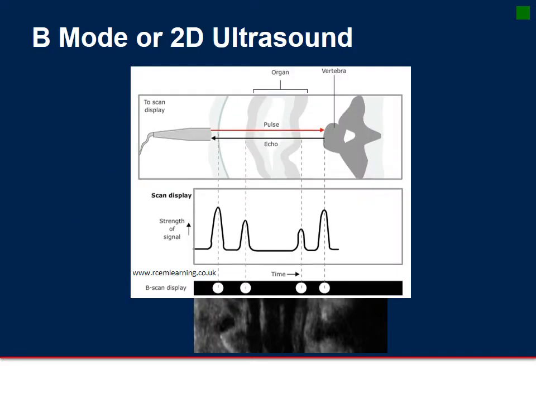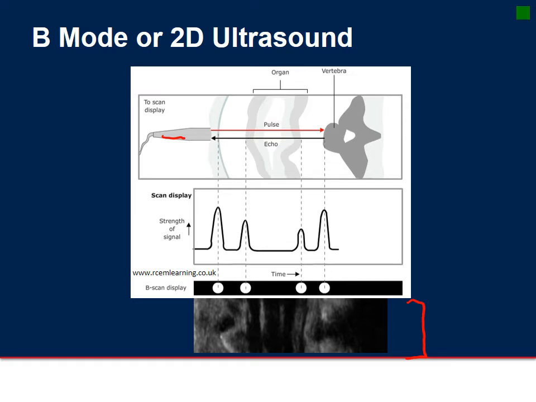So this is B mode, or brightness mode, and B mode is just the fundamental ultrasound mode that we use most frequently. And so you can see our B mode image here in the bottom of the screen. And I wanted to put this figure up here just to reiterate the way that the machine registers a two-dimensional ultrasound image. So again, you have your probe here, it sends out an impulse, and then that impulse comes back